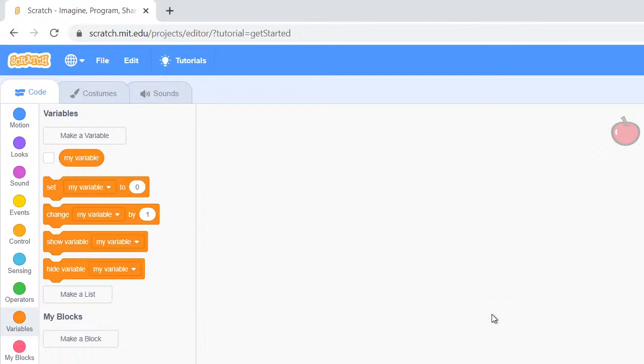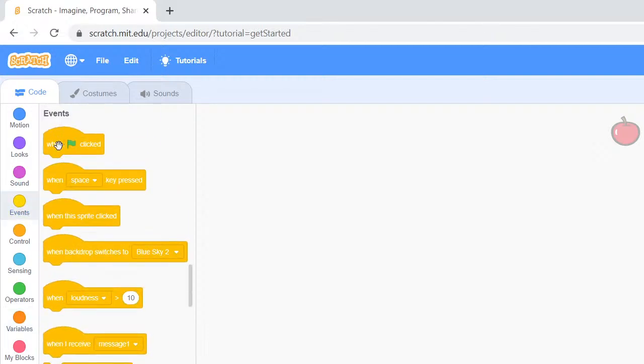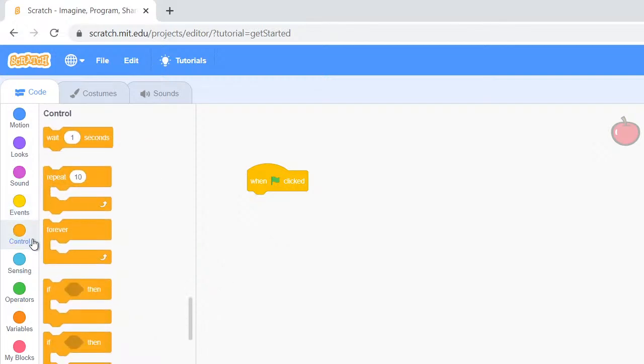with a few simple drag and drop steps. So now we have taken the apple. So what we have to do for the first step is click on events, drag and drop when the flag is clicked. So from here we have to do that, and then we have to take the controls. So in controls you can go for forever,